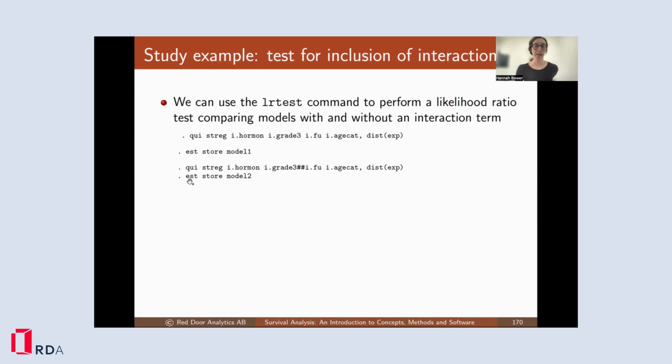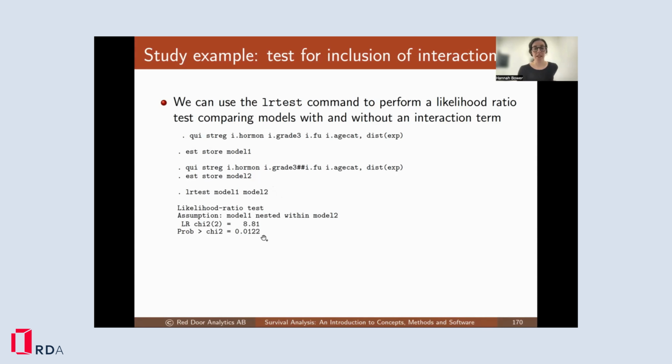And then we do the same thing and tell Stata to save this model as model 2. Then we use this lrtest command to perform a likelihood ratio test comparing model 1 to model 2. And we will get this output here, where we're interested in this probability, this p-value, which is